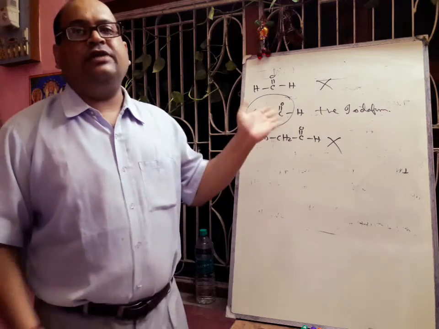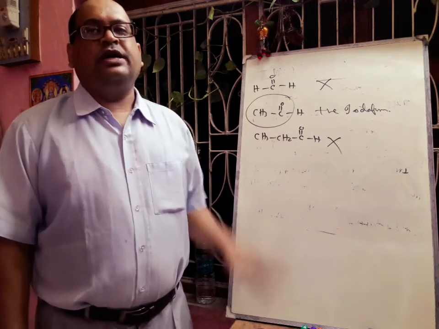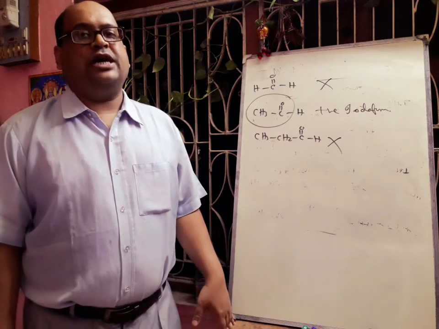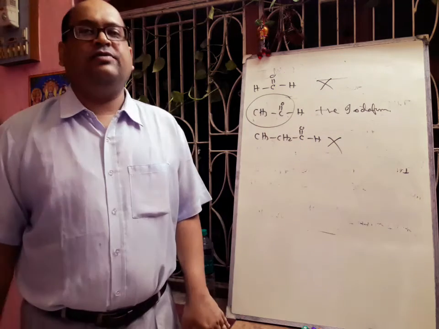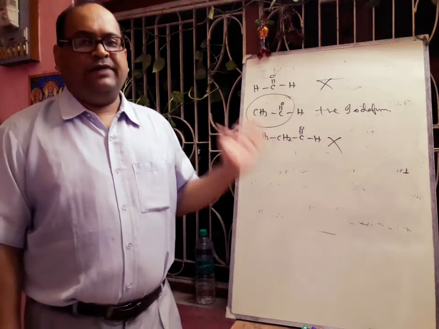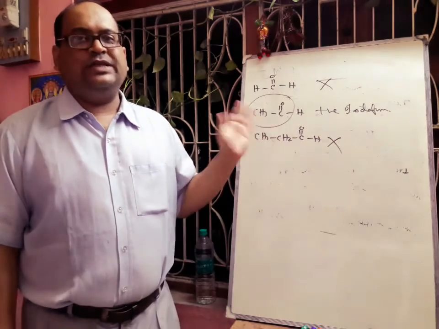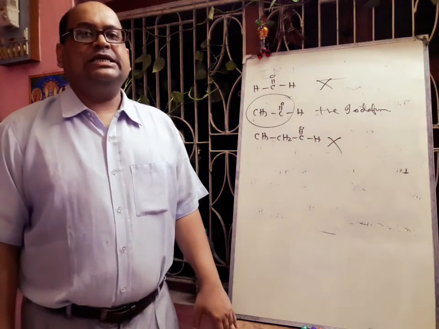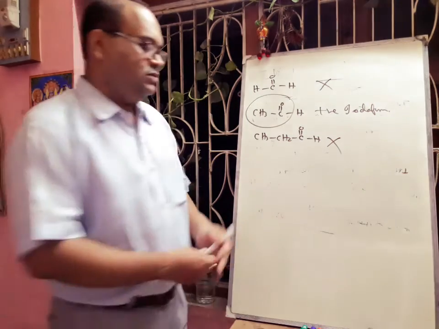So acetaldehyde, due to the presence of the CH3CO group, gives a positive iodoform test, while formaldehyde and propanal do not respond to the iodoform test. In this way we can easily distinguish compounds having the ketomethyl group from those where it is absent. Next we will discuss the reduction of aldehydes and ketones.